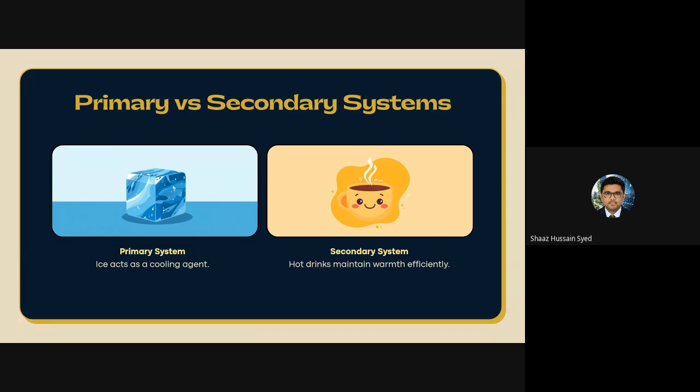Okay. Now, the secondary side. What is the secondary side of district cooling? The secondary side is your building water. It flows to your AHUs and FCUs, absorbs the heat from the room, returns warm chilled water, goes back to the ETS to exchange the heat, then returns to your building again. Okay, it's a loop.